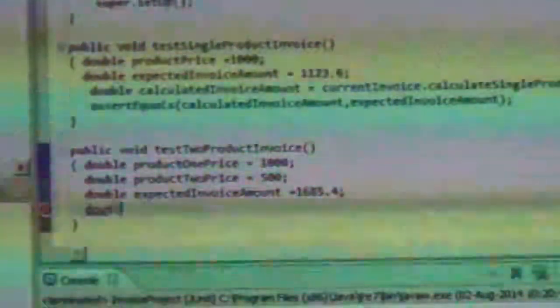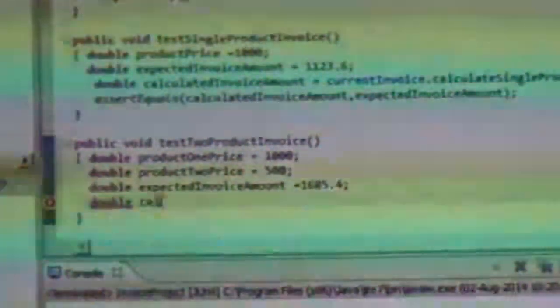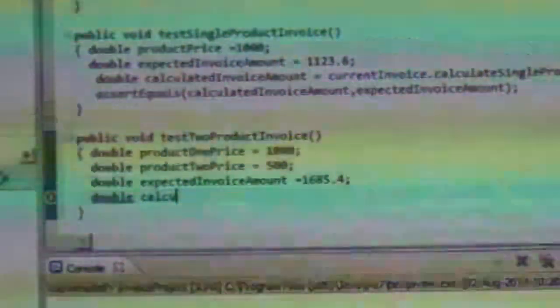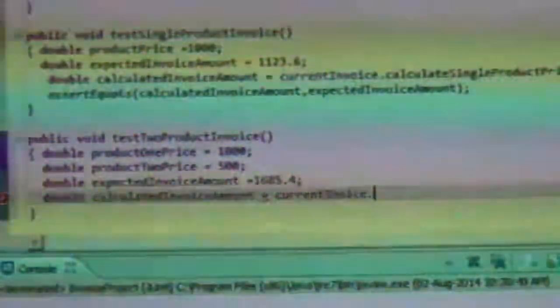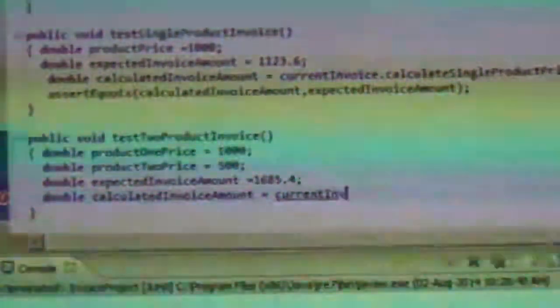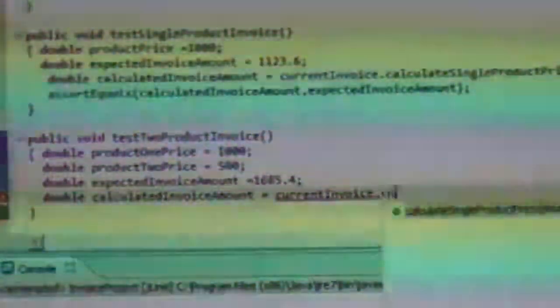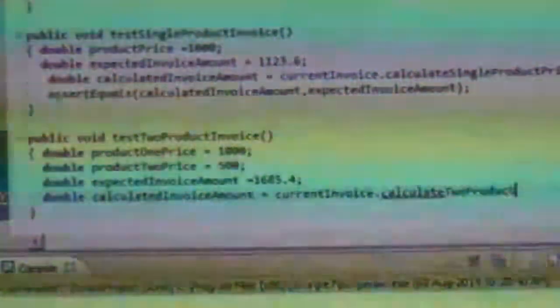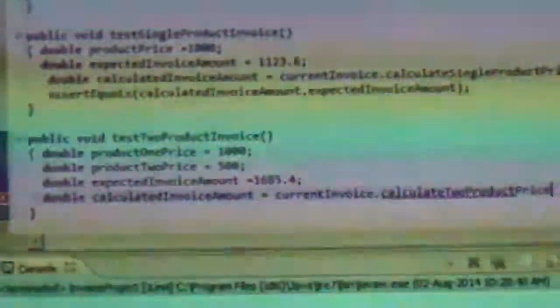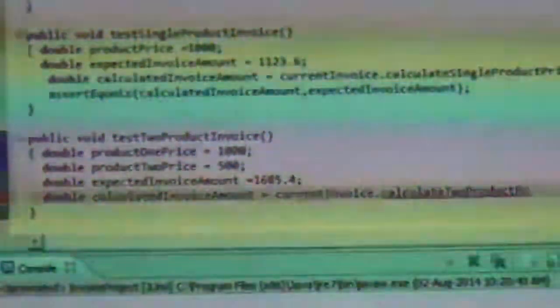Now assert call function. So I need to get the calculated invoice amount. And from where do I get the calculated invoice amount? Any guess? Current invoice dot calculate to product price, or ideally it should be invoice.